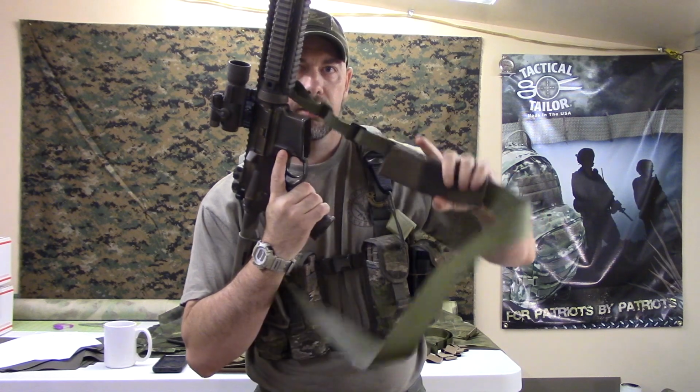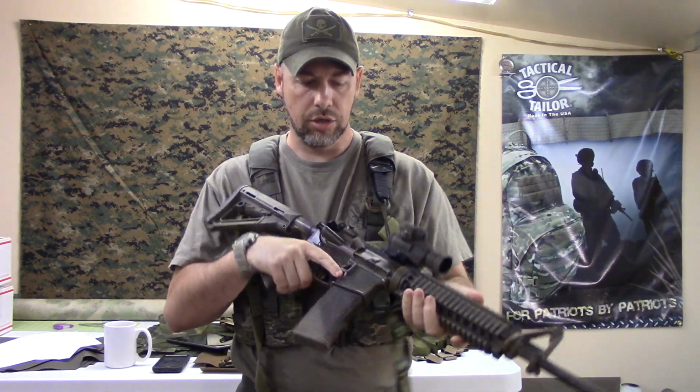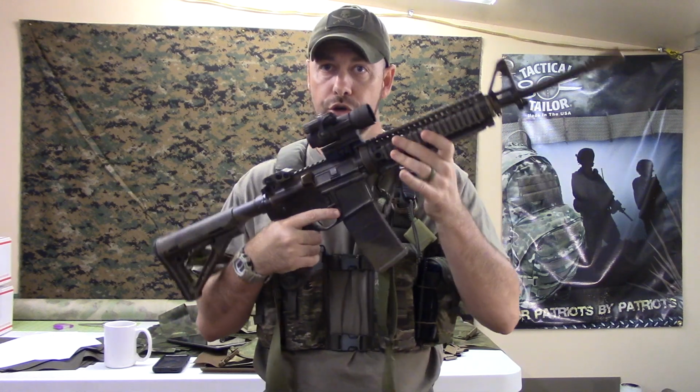Practice in your house repeatedly. Can I shoulder my gun? Can I manipulate it? Do things get in the way of me reloading? Working the charging handle? You can do your regular dry fire for your weapon with your gear. I know that seems simplistic, but I think a lot of people don't think about that and don't actually do it. So, without rambling on,